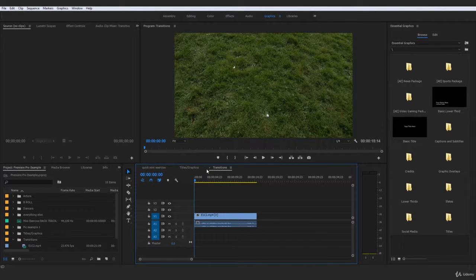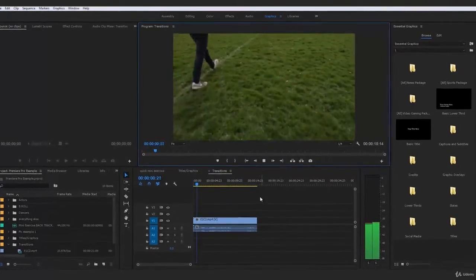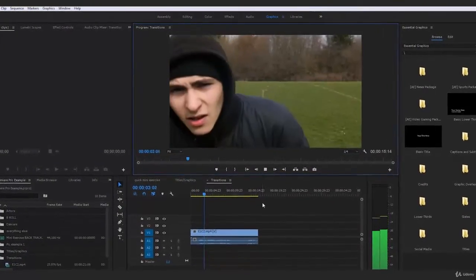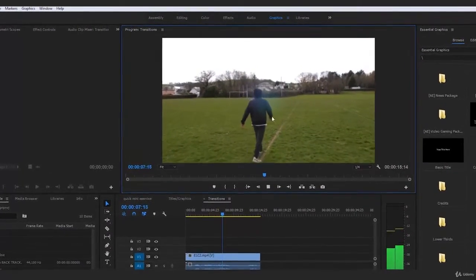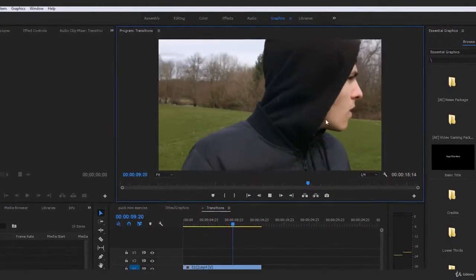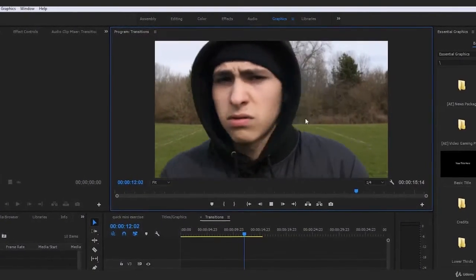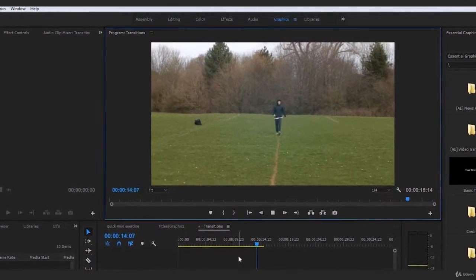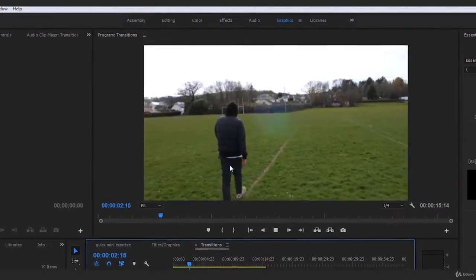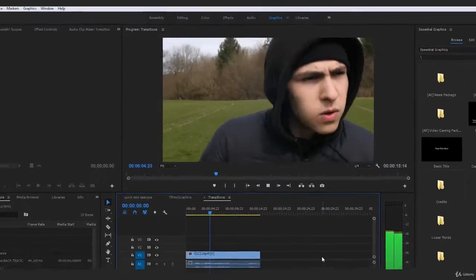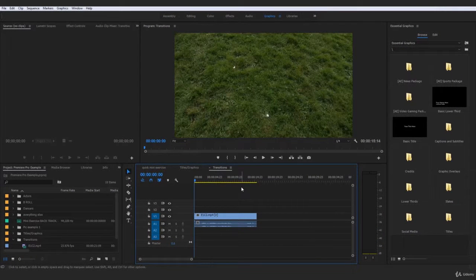I have a little mini exercise lined up for the lecture directly after this one, where I'm going to be working you through this clip that you see on screen right now, where we're going to be exploring the process of chopping all these individual clips out and then adding transitions in between them to create a sequence where it's not only just simple cuts as you see between me walking across this field, but also a transition between each of these cuts. But just first off, to introduce you guys to the default video and audio transitions, we're going to